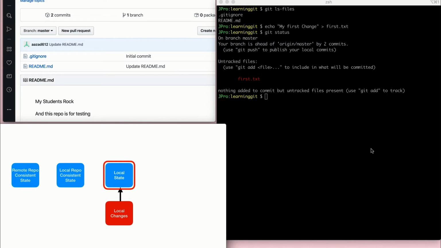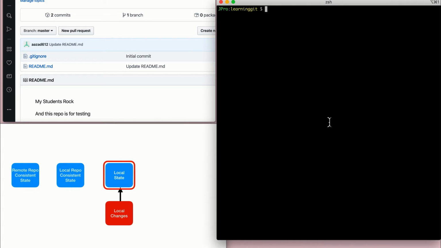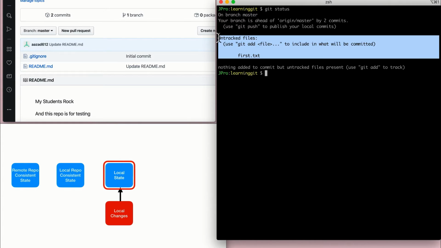Okay. All right, so now the local state is tainted, but this is not part of the local repository yet. So git status is going to show untracked files. And guys, this is straightforward. Working with git,